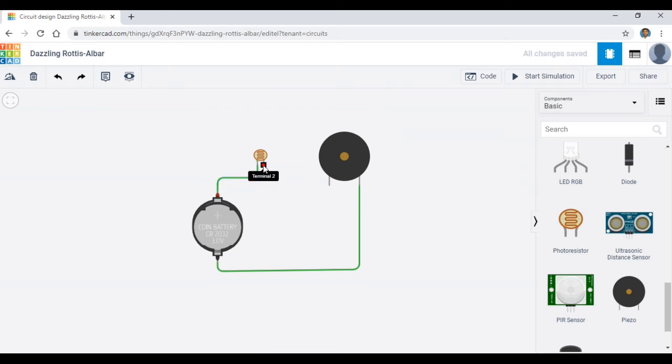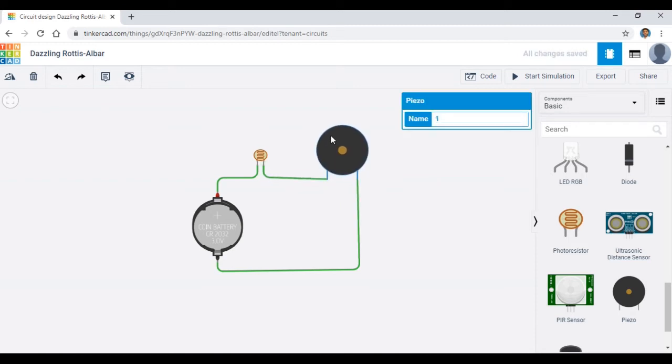And from terminal 2 of the photoresistor I am going to take a connection to the positive of this buzzer. So I am rearranging this. Yes, this is fine, I think.